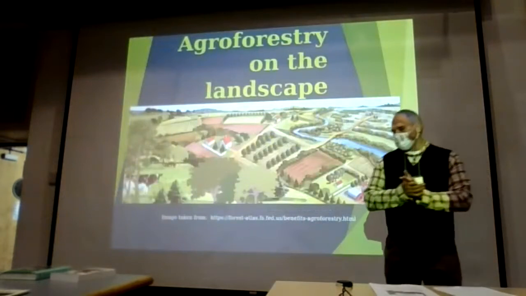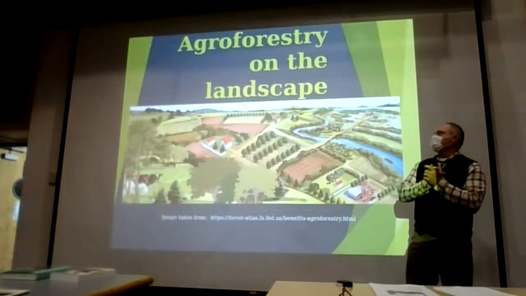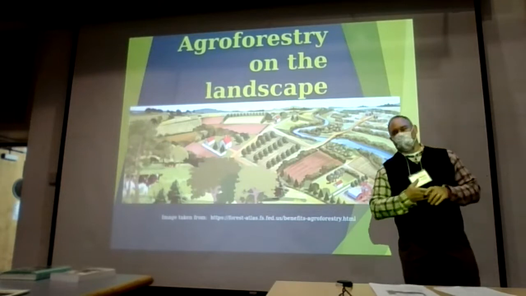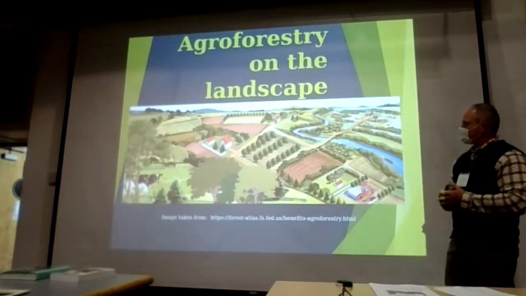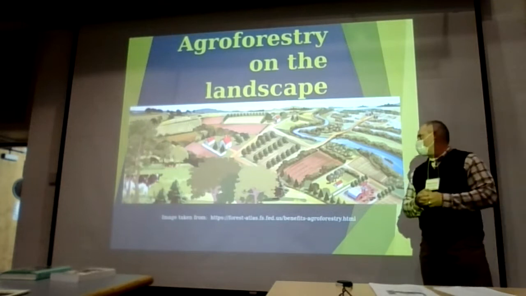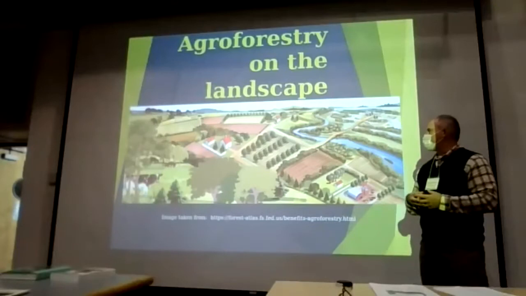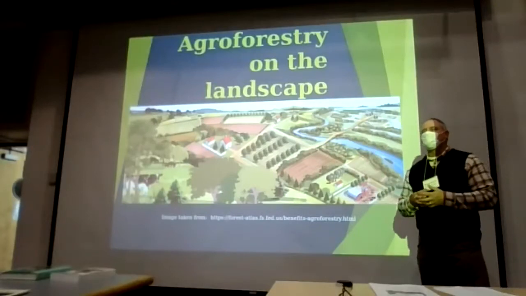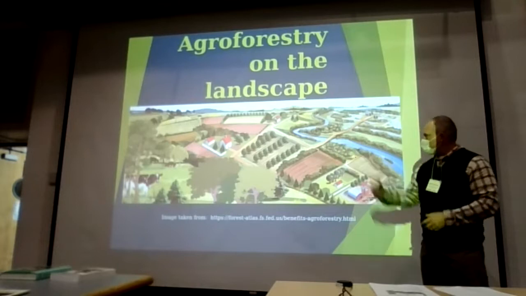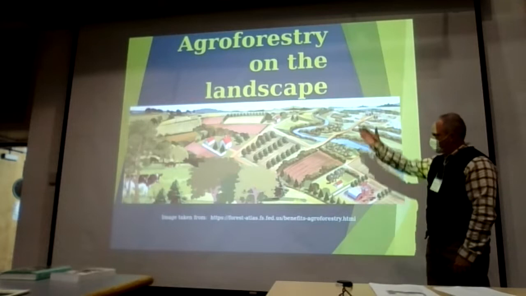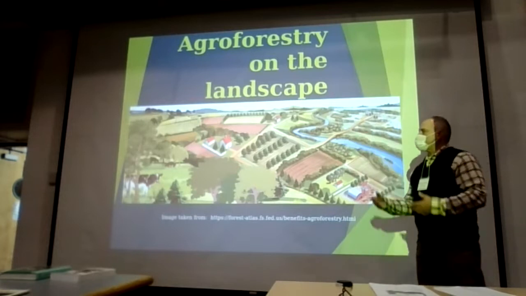So, if we can think about it on the landscape, agroforestry presents a fairly idyllic picture. And we know that this isn't real life, obviously, but if we could imagine the practices of agroforestry on the landscape, where we have silvopasture, alley cropping, riparian buffer strips, windbreaks,